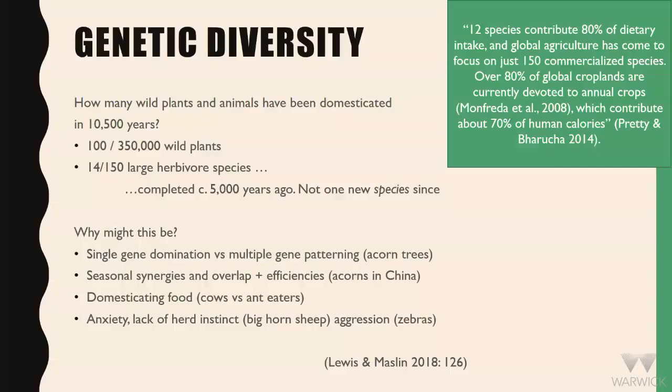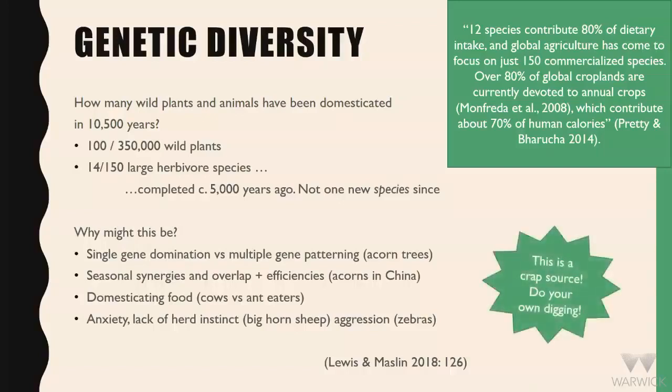Very aggressive response if you try and put a zebra in a field and set it up as part of your food system. So a whole load of kind of resistance of other species and a whole set of trade-offs in terms of efficiency for human management. So we've ended up sitting on quite a narrow food supply system.